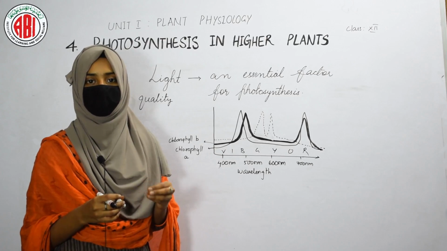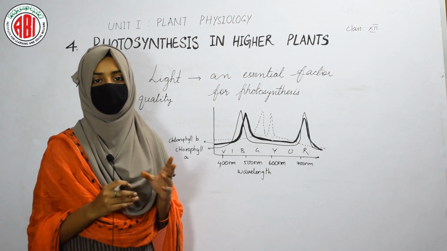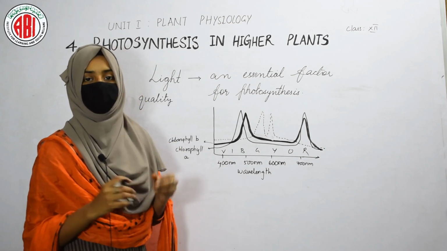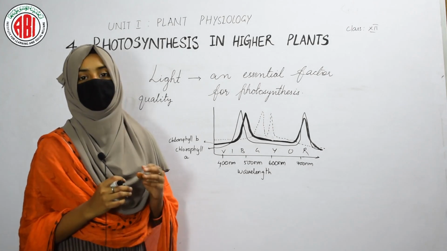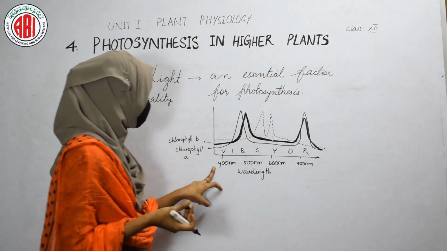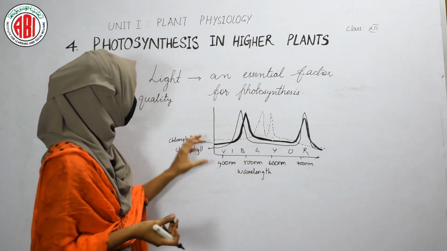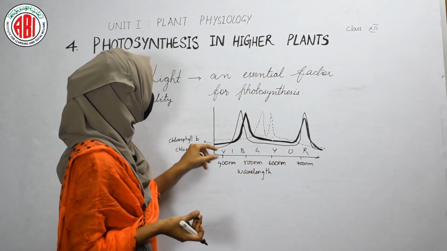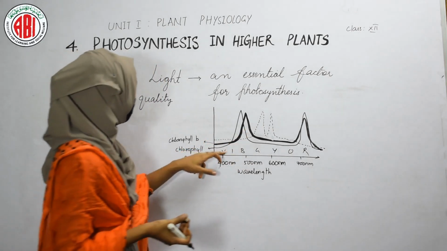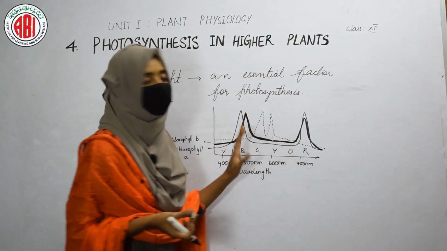Different pigments absorb different wavelengths, and we use a spectrophotometer, which is an instrument, to see which pigment is absorbing which color wavelength. After using the spectrophotometer, we can get a graph, and this graph starts at 400 nanometer and ends at 700 nanometer. These are the wavelengths of the different lights, and the visible light is broken into 7 different colors, that is VIBGYOR. V is for violet, I indigo, B blue, G green, Y yellow, O orange, and R is for red.